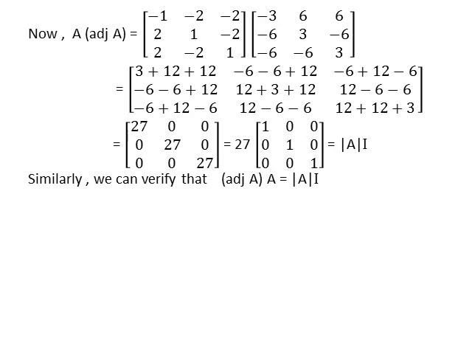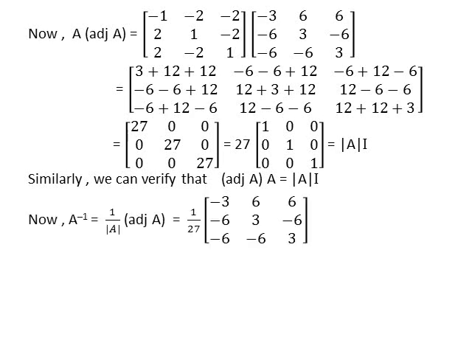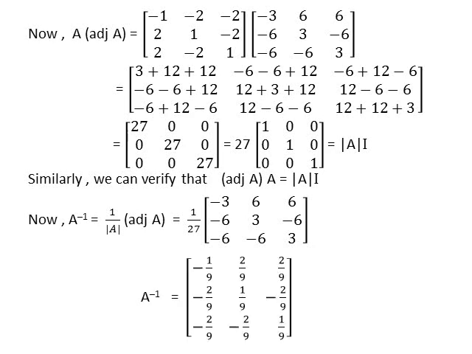Let's find A inverse. Now, A inverse equals 1 upon determinant of A multiplied by adjoint A. In the next step, substitute the values and simplify it. We get the inverse of matrix A equals a square matrix of order 3 in which elements of R1 are